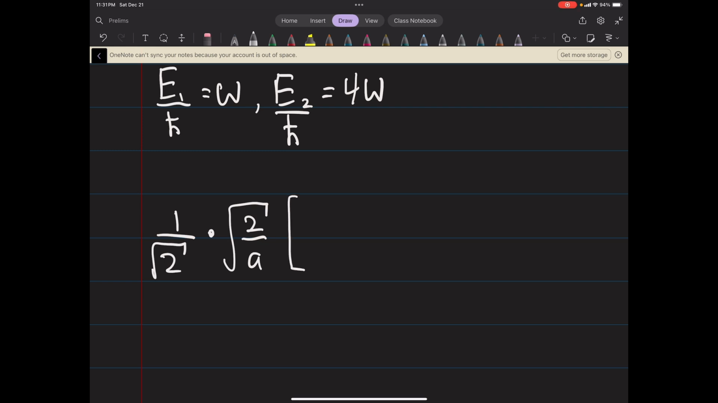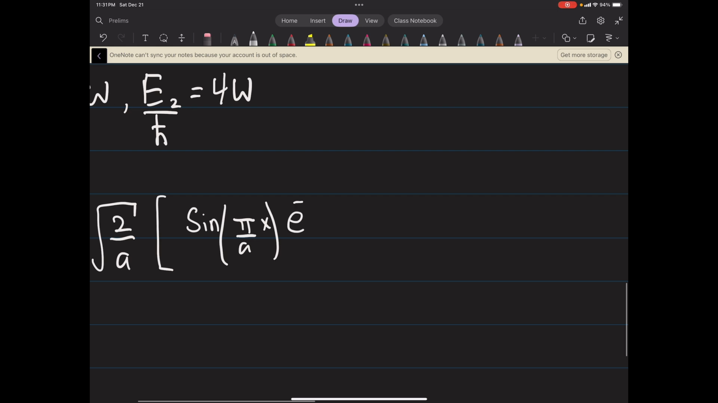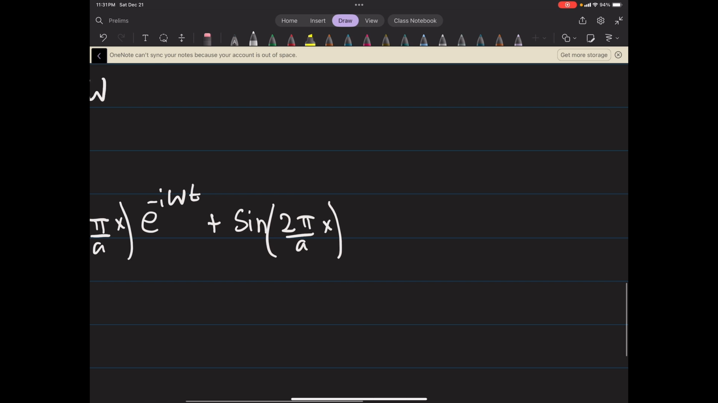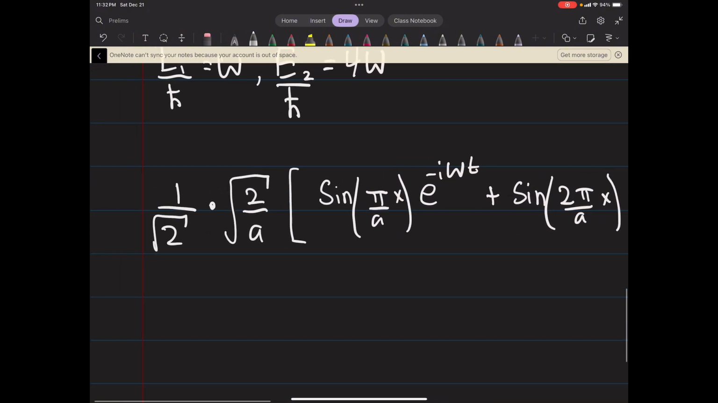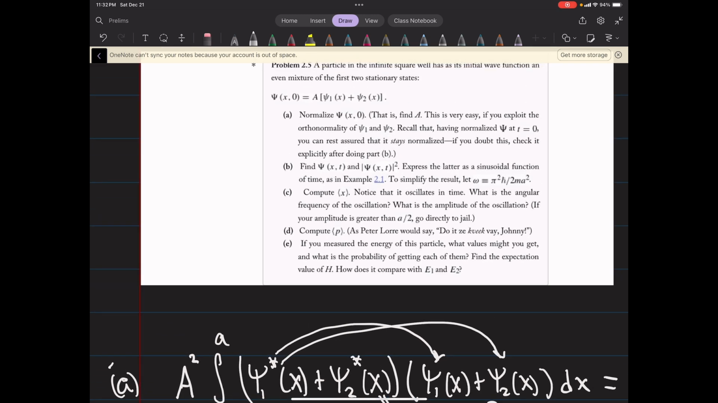So then we have the first state where n is 1. This will just be sine pi over a x, e to the minus i omega t, plus sine 2 pi over a x, e to the minus 4i omega t. So really, I think that's actually technically what B wants, but